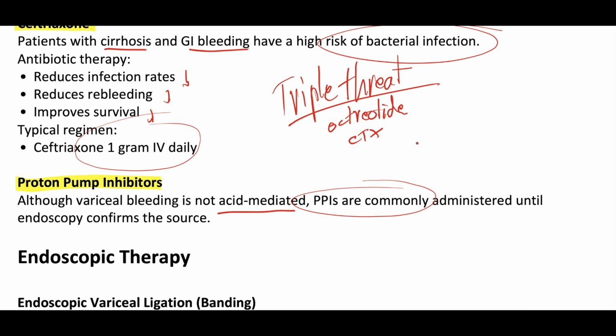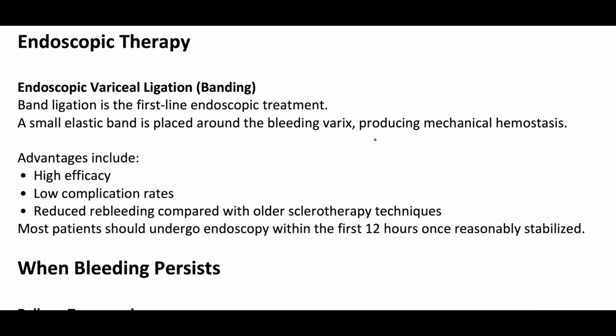This is kind of the triple threat of therapies for variceal bleeds. But these medications, so we've resuscitated the patient with blood products, we've given them Octreotide, ceftriaxone, and PPI. What the patients often need, though, is endoscopic therapy, right? They need one of our gastroenterologists to go in there and try to rid themselves